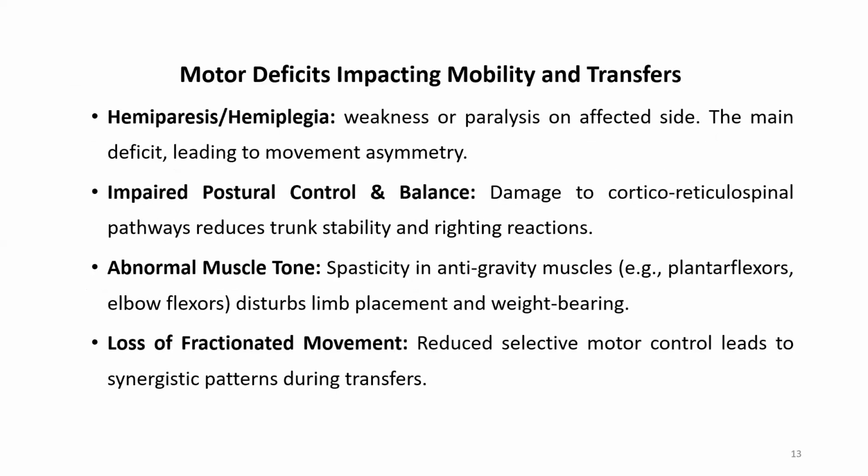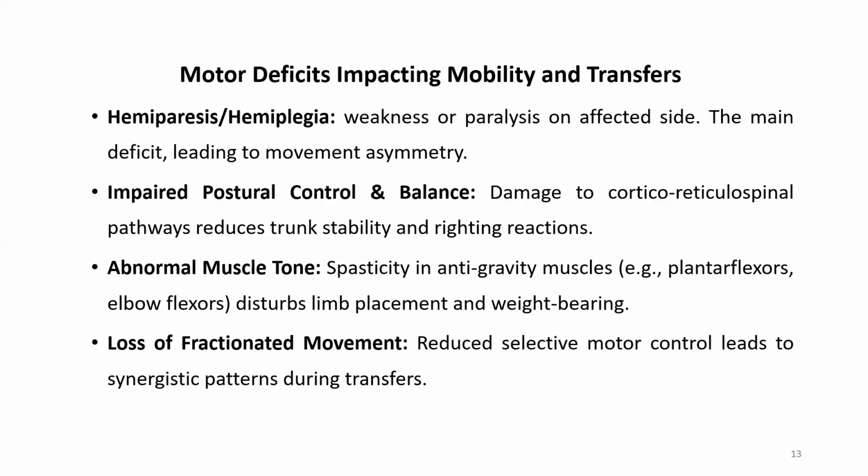So we have the motor deficits that affect mobility and transfers when there is a stroke. We have either hemiparesis or hemiplegia. We have impaired control in posture and balance. This is normally associated with the cortico-reticulospinal pathways that are involved in the regulation and control of movement. We have abnormal muscle tone. When there is spasticity, most especially in the anti-gravity muscles, this affects how we move our limbs,